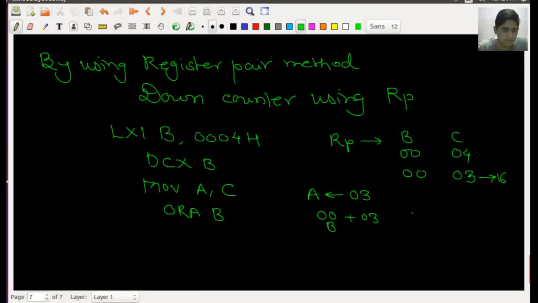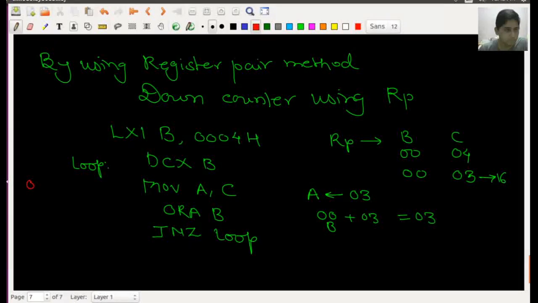Okay, so if I'm putting the condition JNZ on the loop, this loop will be terminated here. So this is one of the examples of this down counter. Now we can think about that. Again it will decrement the value of this DCX B, so it will become 0002.